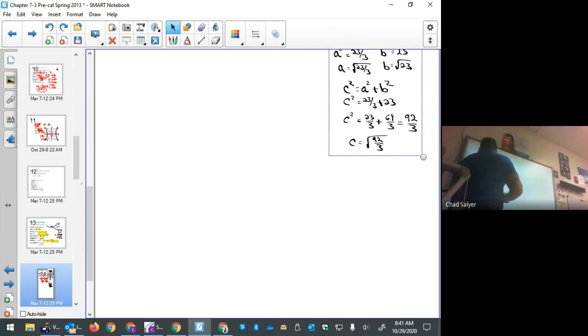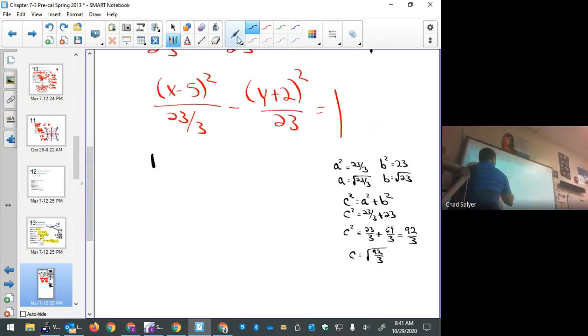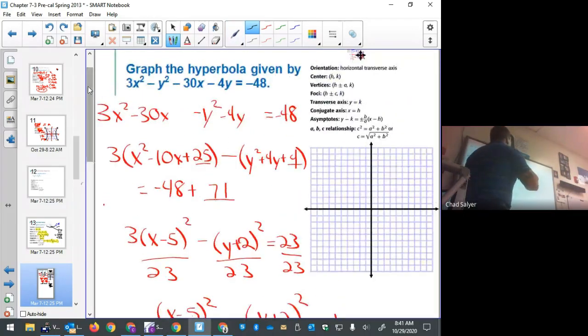We need 2 more values before we continue, though. H and K should be pretty trivial. So tell me what H is in this case, rounded. 5. Good. And what's K? -2. Very good. 5 and -2. Everybody see where you got that? Excellent work so far. Now we're ready to plug all this mess into our